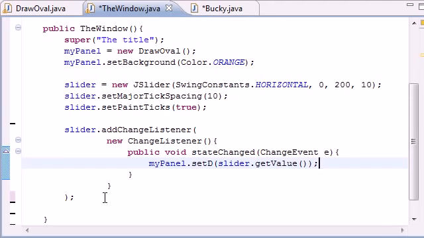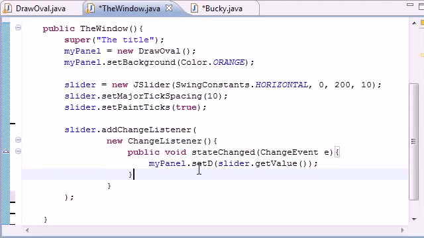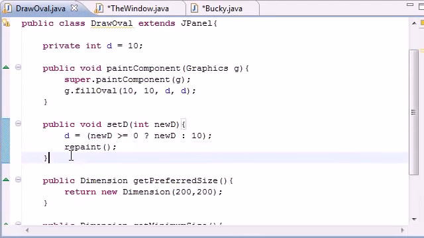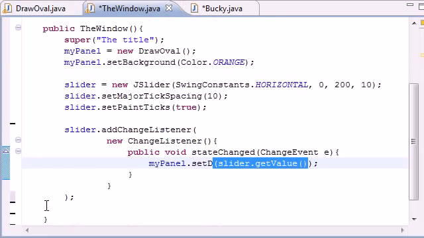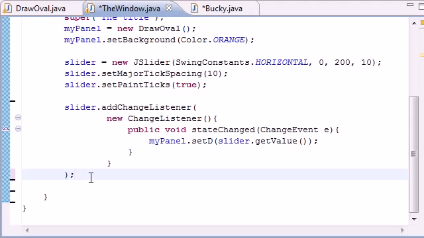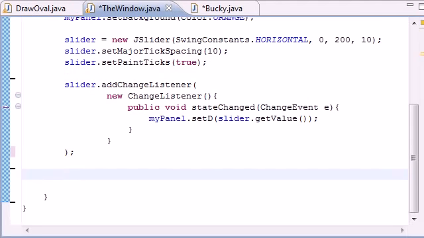So if you're confused, then just look at it for like 2 seconds. So pretty much we get value from the slider, we pass it in to set D, and it paints on screen. Simple enough. So now what we need to do is make sure we have our brackets, and outside of your call to add change listener, but inside your constructor, once you're done doing everything, we now need to add